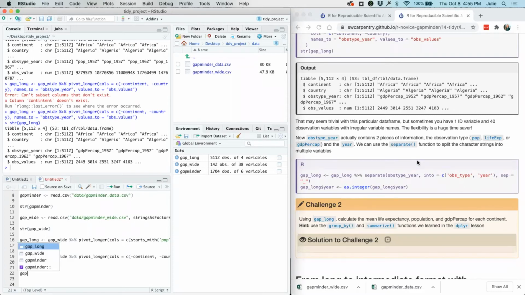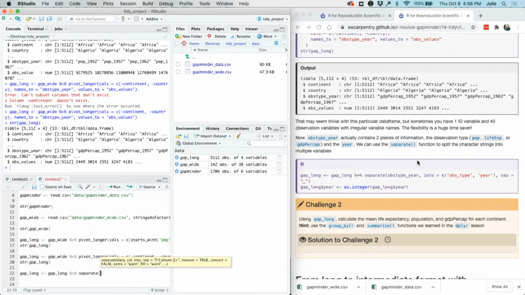So using our gap long data frame, we're just updating our data frame as we go. We'll pipe in our data. We'll pipe that through our function separate.